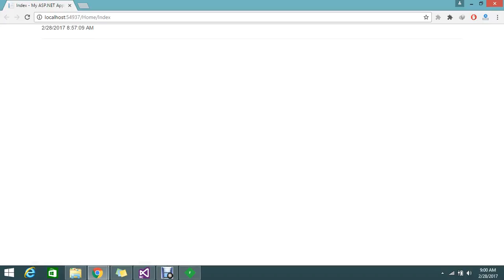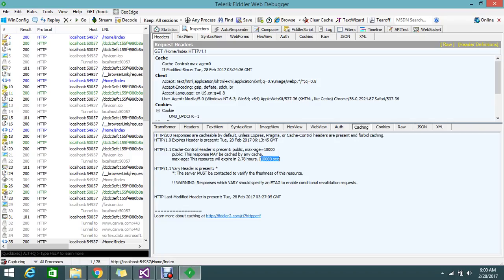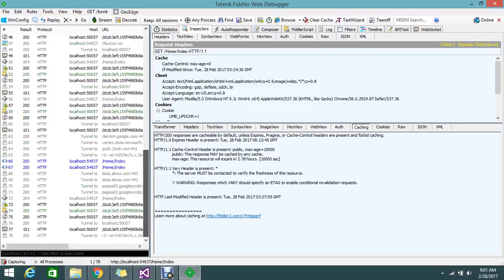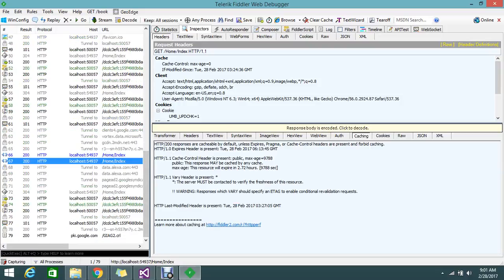So it is cached for almost 2 hours 78 minutes. Normally in the date stamp, we conclude that yes, it is caching, but to know exactly whether my cache is added or not, by using this tool, based on the request, see, I just hit it multiple times. See, still it is